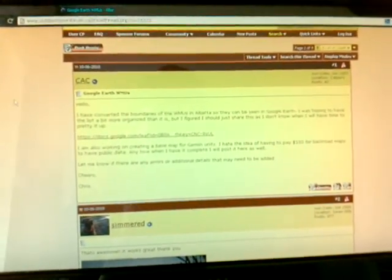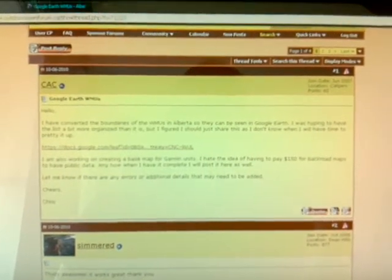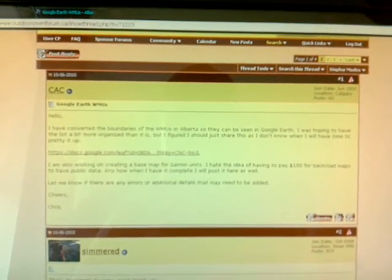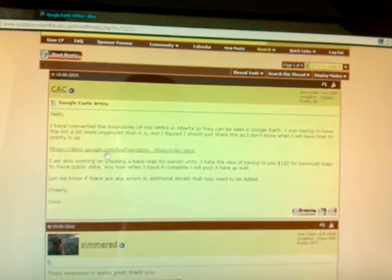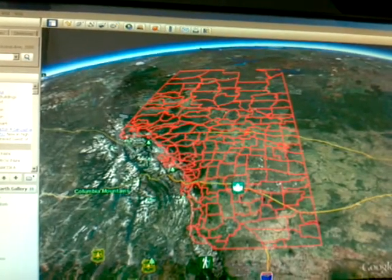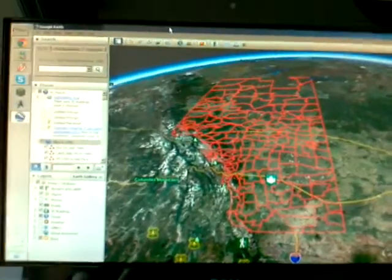I'm going to show you a very cool thing that I've just sort of worked out with the Google Earth WMUs. So CAC was the first person to give us the WMUs on Google Earth, and they're fantastic. We've used them all before, and you get your full WMU list on Google Earth. So that's great for when you're at home sitting in front of your computer, but what about when you're